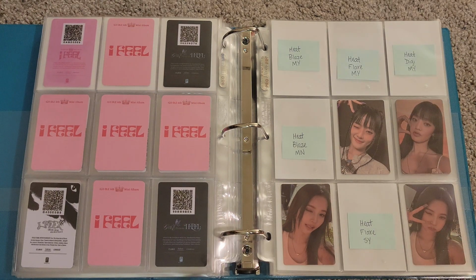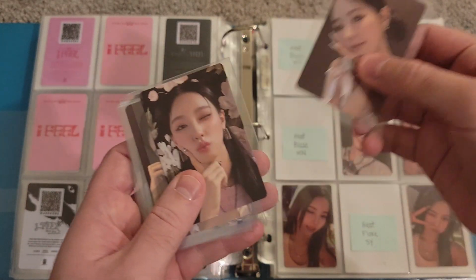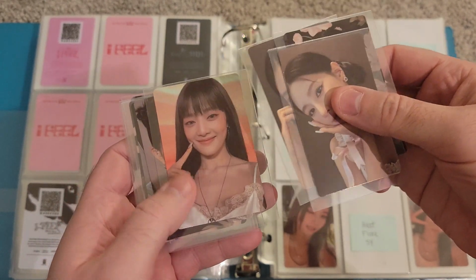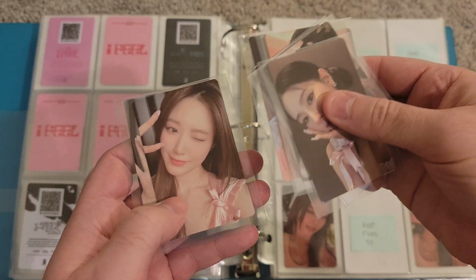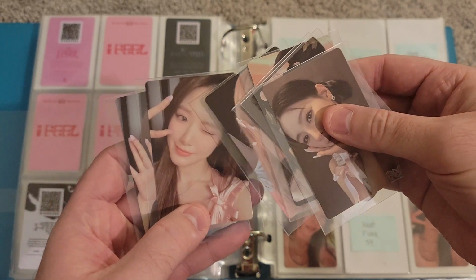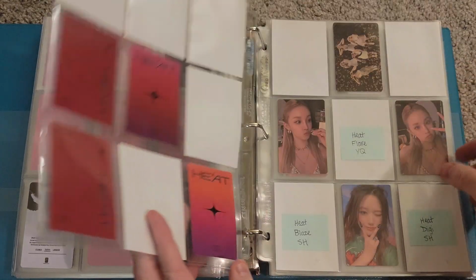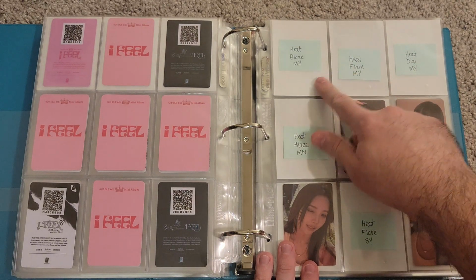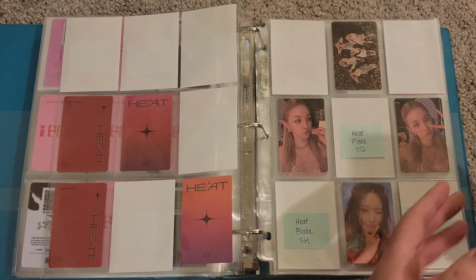So with regards to Heat, I do have a good bit of photo cards. So I have all of the Miyeon photo cards. I was missing all 3, so we got those. Then we have this Mini, and then this Soojin, Oogie, and then both of these Shuas. So I actually don't totally remember how I set this up. So it looks like I just did Blaze, Flare, and Digipack, and Miyeon's all at the top here. So which one is the Flare one? That is...